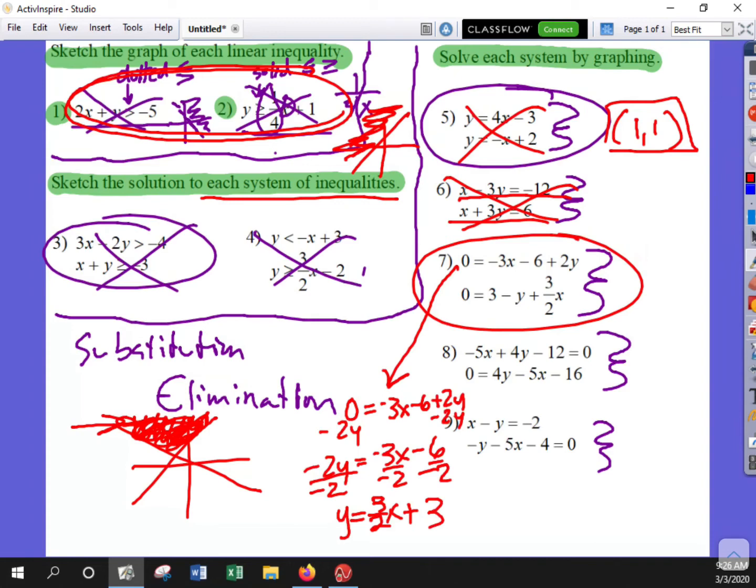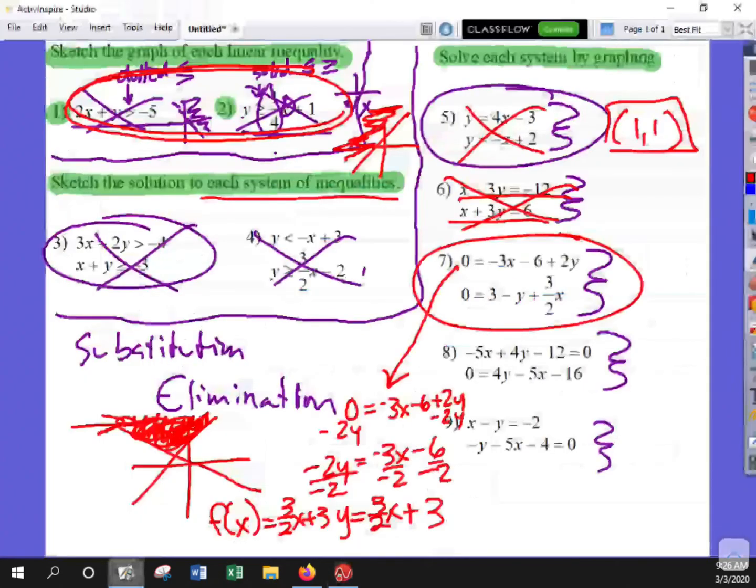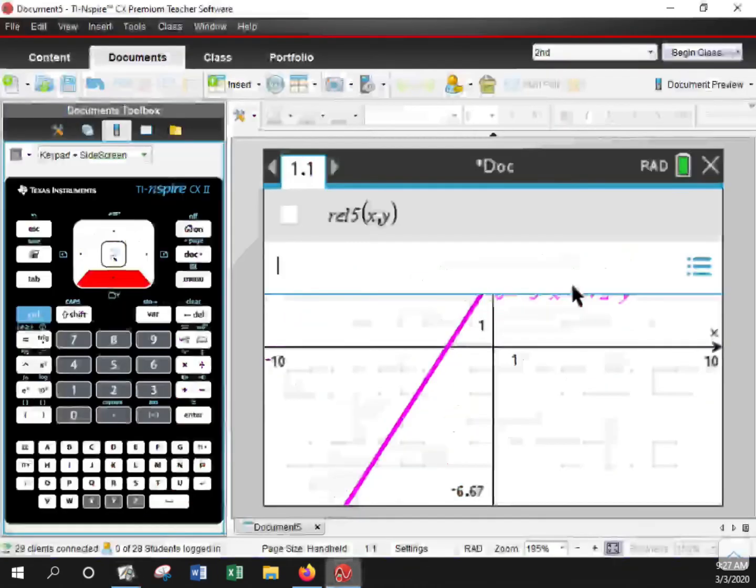And then that y could change to f of x. So if I wanted to, I could put this in that slope-intercept form and do a function. Sometimes there are some extra things you can do with that, but for what we're doing, we don't really need to. Okay, so now my second equation,